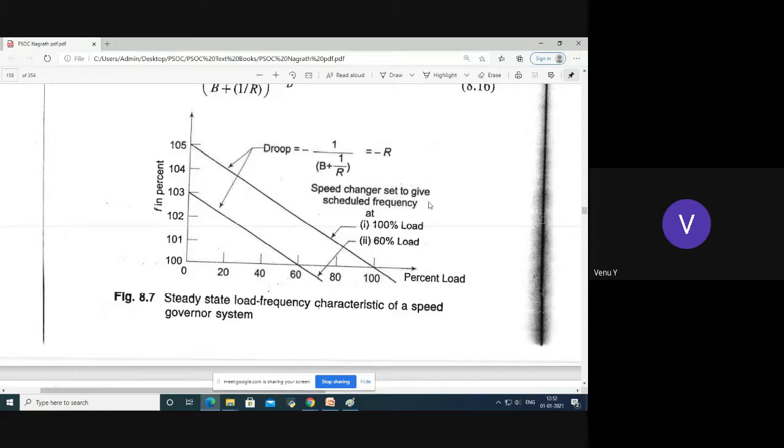In this unit, you need to understand the concept very well and solve the problems related to ALFC, speed governing system, etc. Anyhow, we will solve the problems in class. After completing the single area system, we'll go for tie line modeling and then two area system and two area system responses. The fourth unit is a big unit as well as very important. First unit and fourth unit are very important. If you cover these two units properly, you can score 80%.